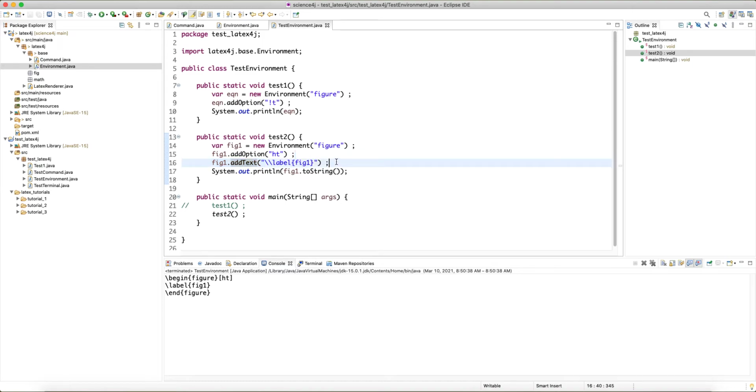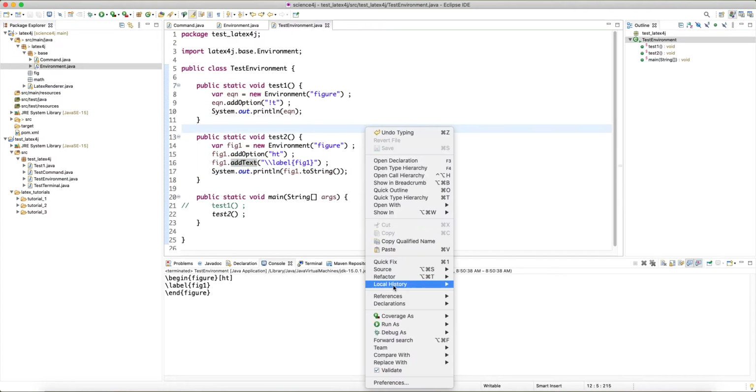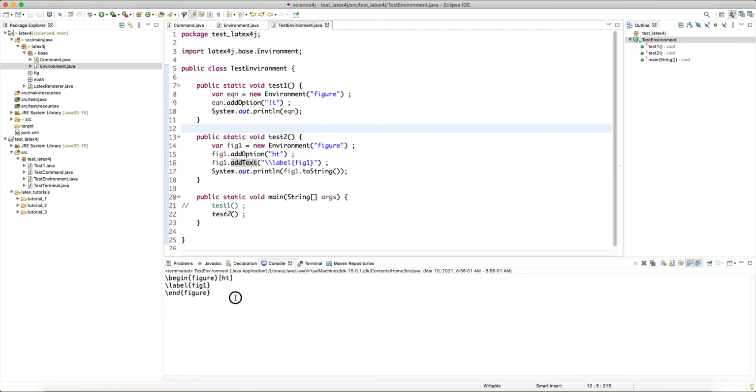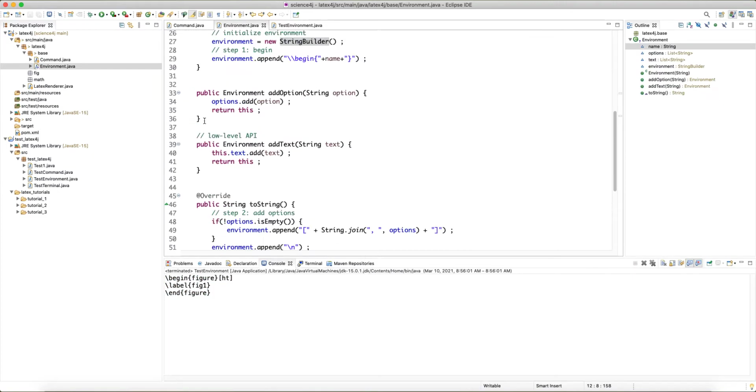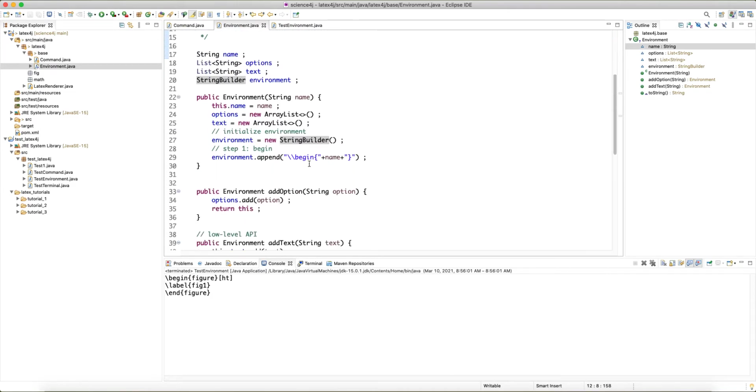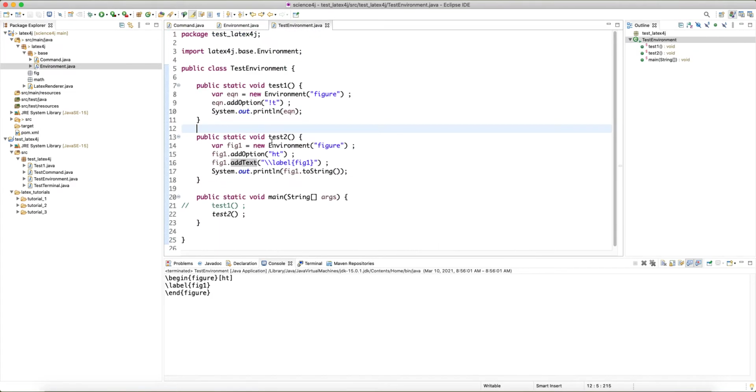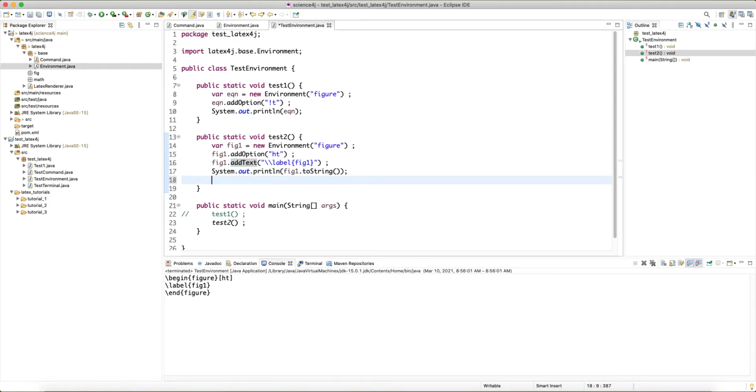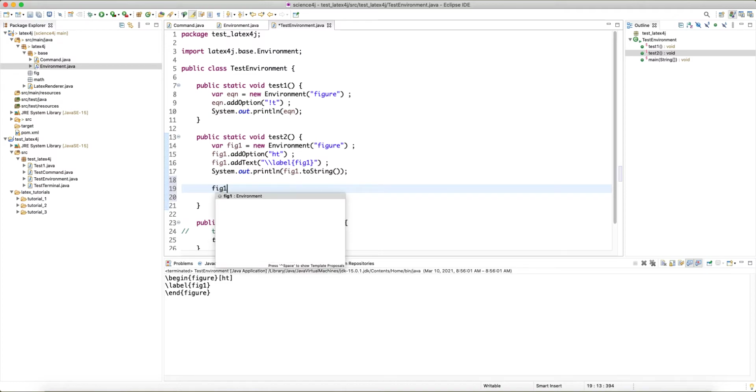So this is a very low level API, and it's good to start from there, because when we are able to fully customize it, then we can provide a higher level API based on this low level API, right? So we saw that this works. We can create a figure, and then if I go back to the environment, the problem here was that right now, after I call the toString, if I try to add another option, fig, or maybe add another text,